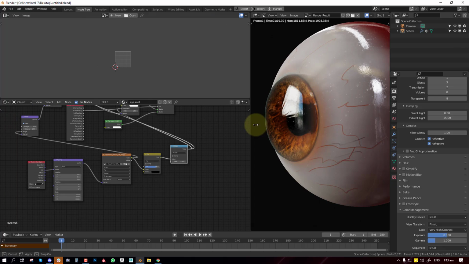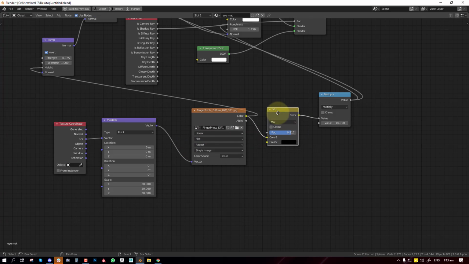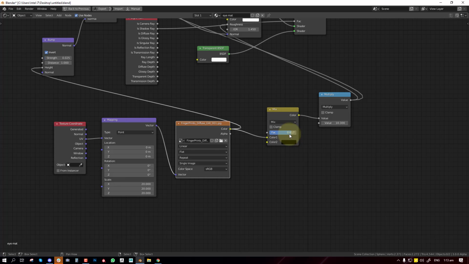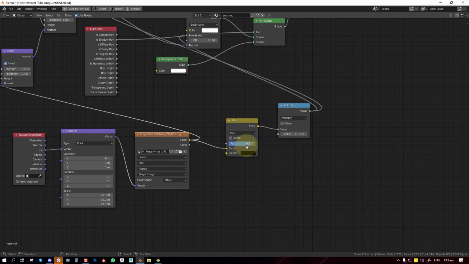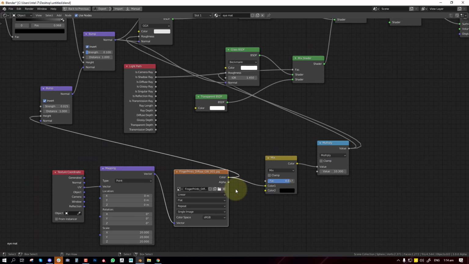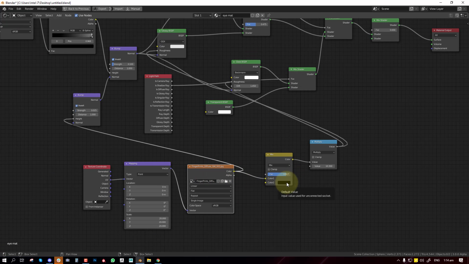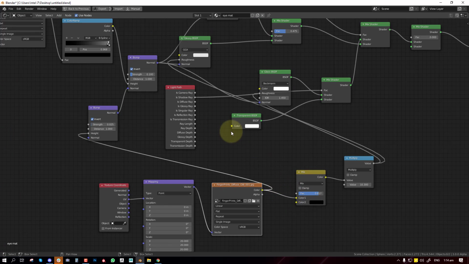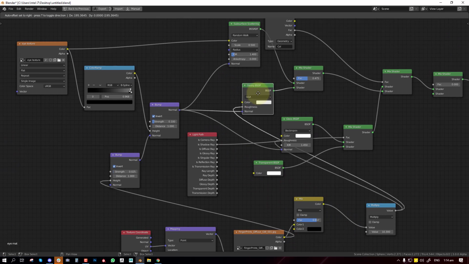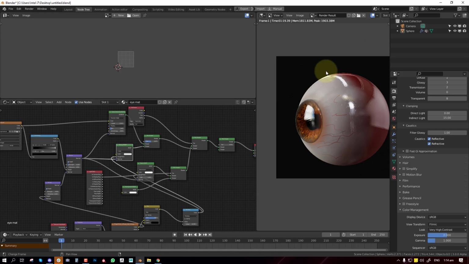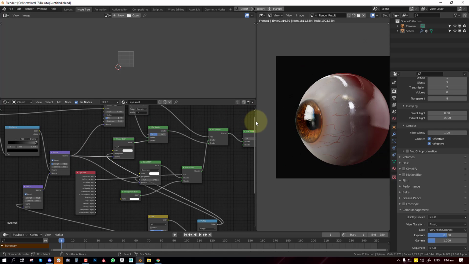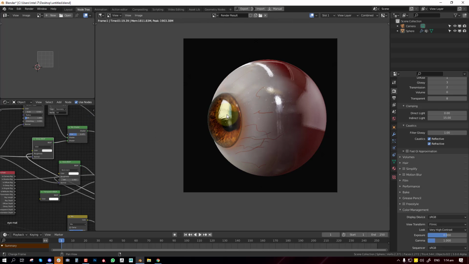But before that, I did some more changes, especially with the roughness. I reduced the visibility of the texture by moving the slider higher, so it's favoring the black color. Basically, when dealing with roughness, black means it's going to be very shiny, very reflective, and white means it's going to be less reflective. I also connected it to the glossiness for the white part of the eyes. And yeah, that's it. I'll go ahead and render this and you guys will see the final animation.